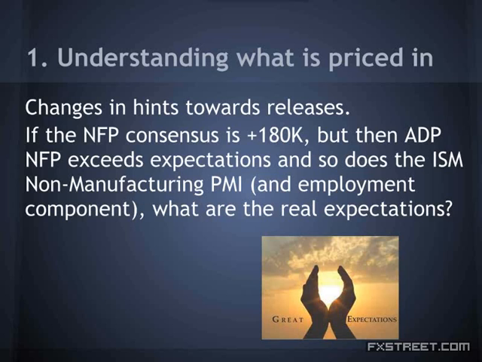So when the actual figure eventually was only 162K of job gains in the United States in July, released in early August, it was, of course, a bigger disappointment. If we think about it, the difference between 180 and 162 isn't that big. You can call it within expectations, but if the real expectations due to the hints are above 200K, then it's already a bigger disappointment. So in these big events, you have to be a bit more aware of the build-up, the hints, the other figures leading up to the release.